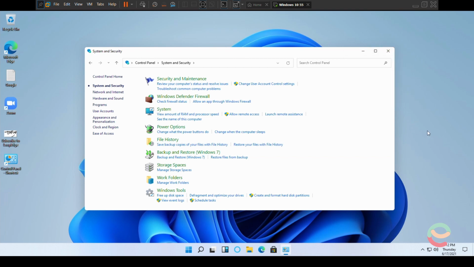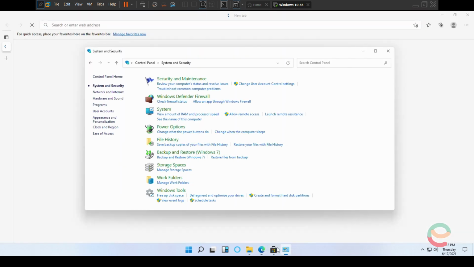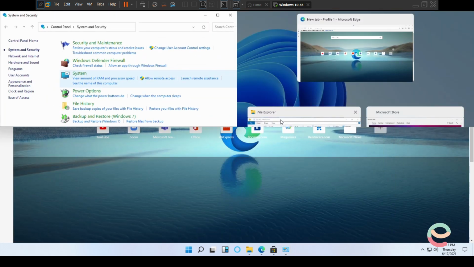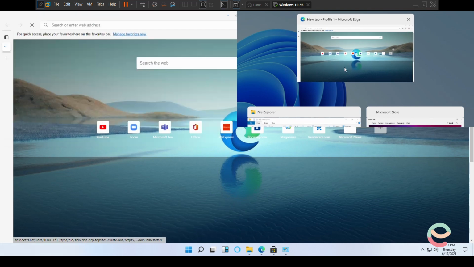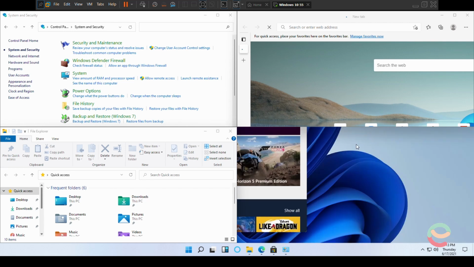And also there's another cool feature. I'm just gonna open a few apps, like Windows, I think. Okay, so I have opened new Windows. I'm gonna click right here and click on this one. So this is a way you could arrange your multitasking easily. Click on this one, and it'll ask what will go here. This one goes there. This one goes there. And this one goes there.